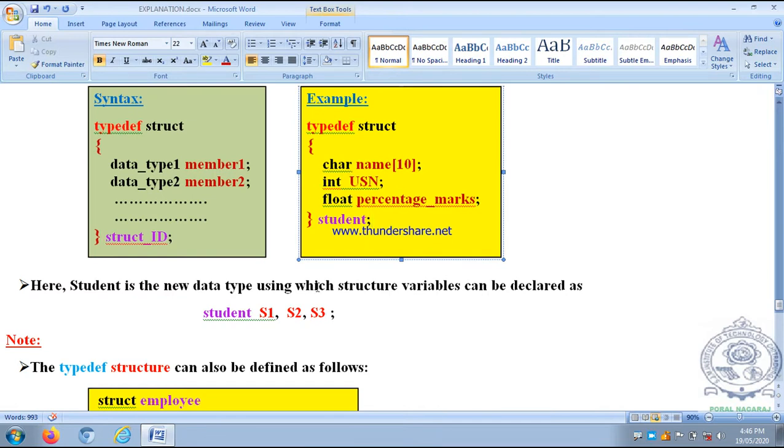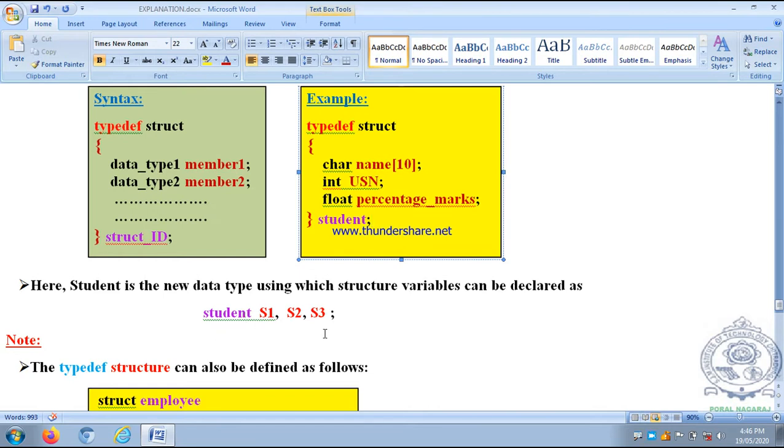For declaring structure variables of a type defined structure, you observe that we don't begin with the keyword struct. Directly we write student, the structure name, followed by the structure variables S1, S2, S3 terminated by a semicolon. Here S1, S2, S3 are structure variables of structure type student.